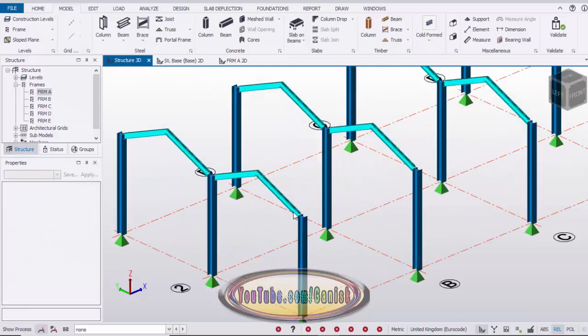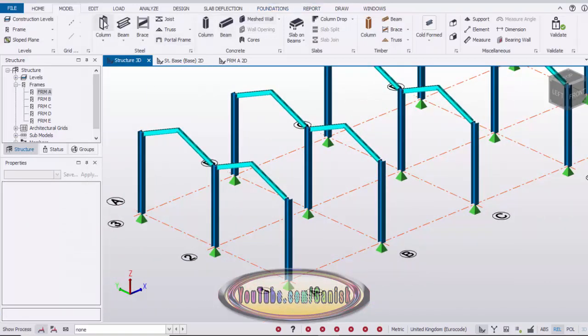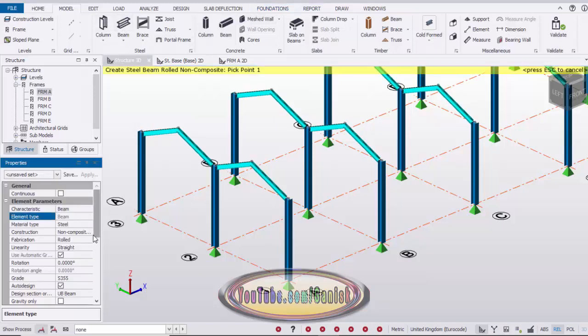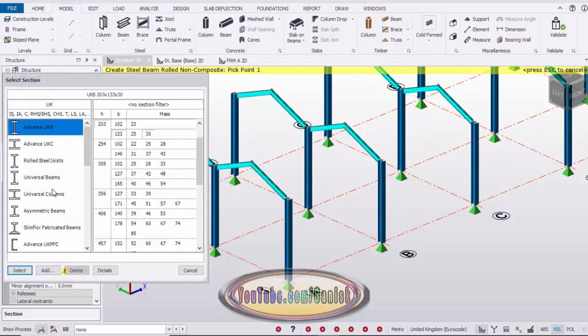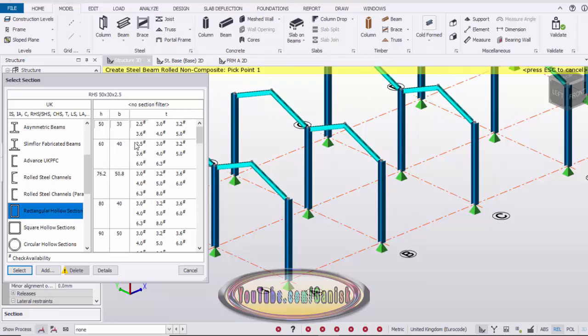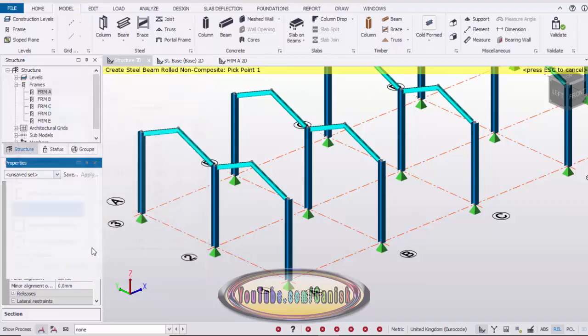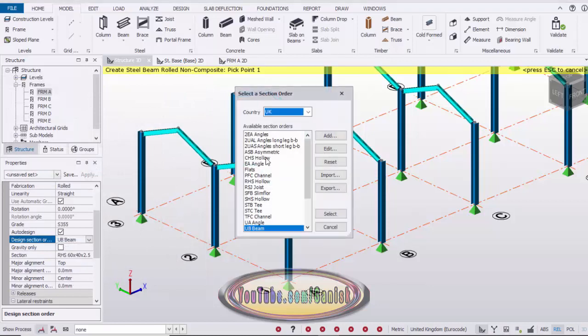Now we're going to create the pipe strut set here. So select this beam and scroll it down. Now we're going to take rectangular hollow section here. So click on new, scroll it down and select this rectangular hollow section. Let's take 60, 40 by 2.5. Then click on select. Now we're going to change the design section order also. Click on new and select, scroll it up, and let's take this RHS hollow. Click on select